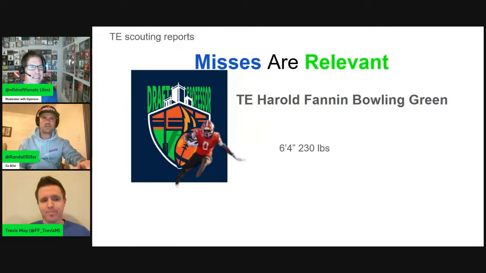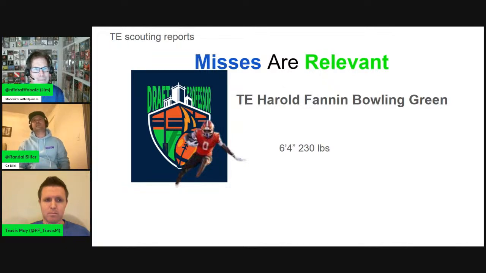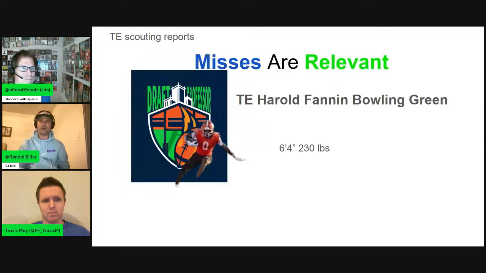If you had to think of a couple teams that might be a good scheme fit for Fannin, I think a new system and a helper at a rookie quarterback would do him wonders. I think maybe if a good offensive coach goes to Chicago, or even New England's got Vrabel now, to help out one of those rookie quarterbacks, I think that would be decent. Caleb Williams would love that. But also, let's say New England figures out their offensive line through free agency, and they go at 4 Ted McMillan, and then at 36 Harold Fannin, that would be a nice duo that would work well with Drake Maye, and I think Drake Maye would succeed very well with Ted and Harold.